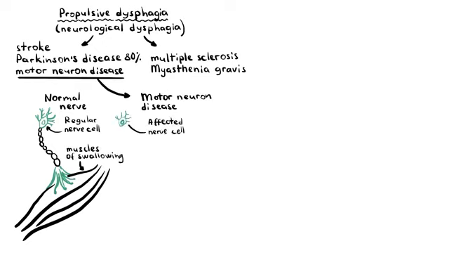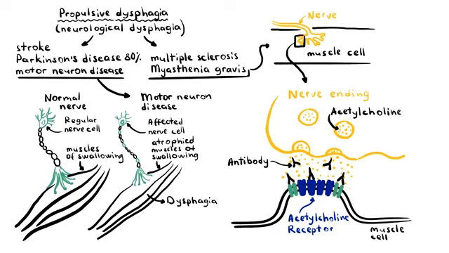Dysphagia has been reported to be the only presenting complaint for myasthenia gravis, especially in the elderly. Myasthenia gravis is an autoimmune disease. Normally, nerves release the neurotransmitter acetylcholine, which binds to acetylcholine receptors on the muscle cells, and this will result in muscle contraction. In myasthenia gravis, autoantibodies bind to acetylcholine receptors, or MuSK, which is an enzyme important